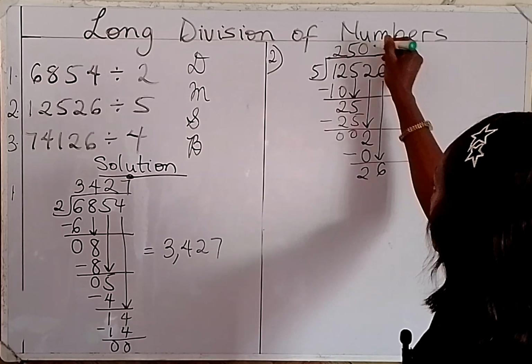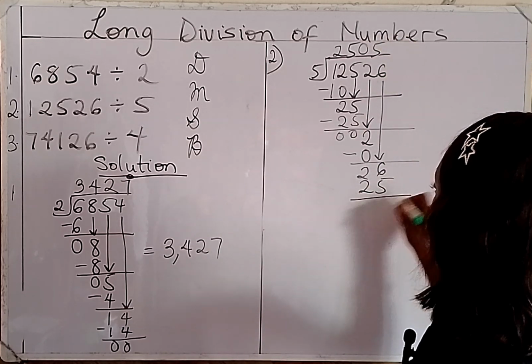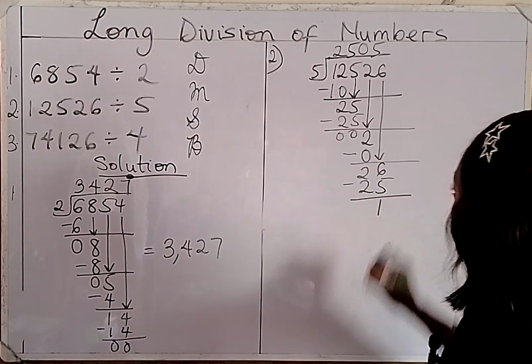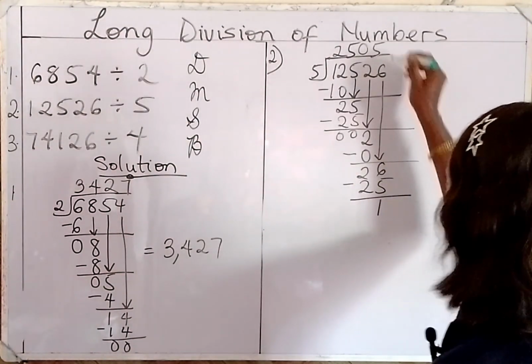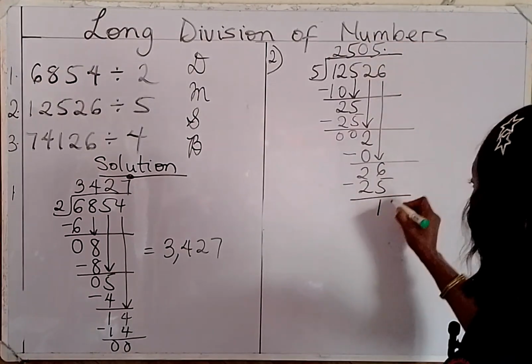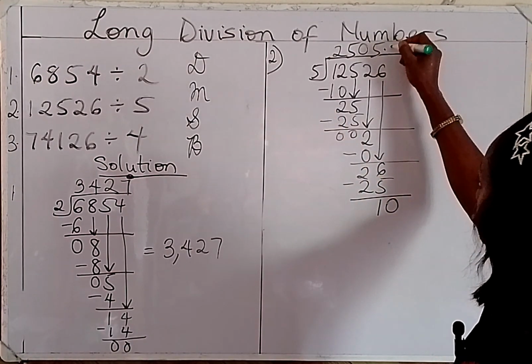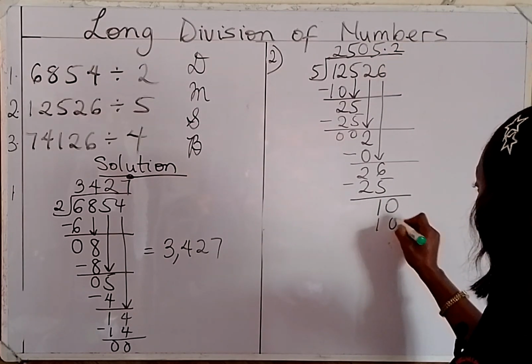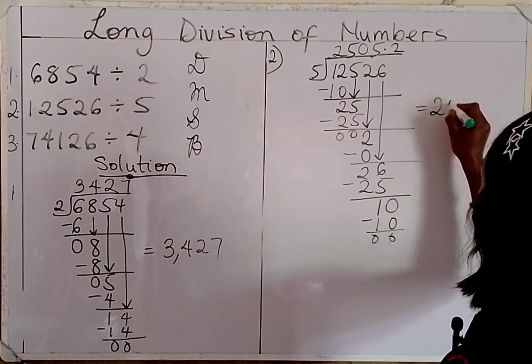5 in 26 is 5. 5 times 5 is 25. And then when we subtract, we have 1. Remember 1. 5 cannot go into 1. So what do we do? We put a decimal. Add a 0 to make it 10. 5 into 10 is what? 2. And then 5 times 2 is 10. Then we take away. And our final answer is